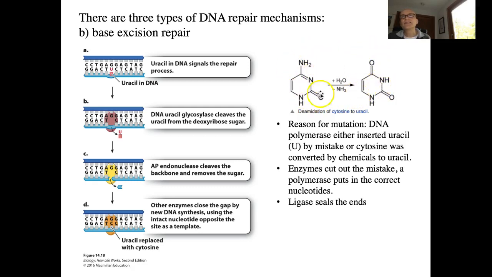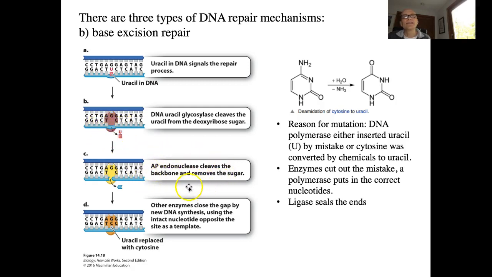And so you see that this is almost the same. It has the hydrogen here, but the amino group is gone, and there's this double-bonded oxygen over here. There's an enzyme that can recognize that this is uracil, this is cytosine. So when this particular enzyme recognizes uracil built into the context of DNA, it notices that something is up. And so this enzyme called DNA uracil glycosylase will cleave the sugar backbone over here, remove the uracil, and